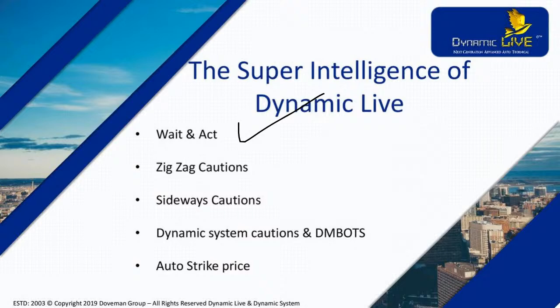And then we have the zigzag caution intelligence. Whenever the price keeps moving up and down, all the temporary price reversals are automatically identified by this Dynamic Live. So when you come across any zigzag symbols on top, it means the price is about to reverse downward. Similarly, when the price is decreasing, if you come across any zigzag symbol at the bottom of the price, then it means the price is about to reverse upward. So when you have this information in place, you will be able to exit your trades with maximum profits very early.